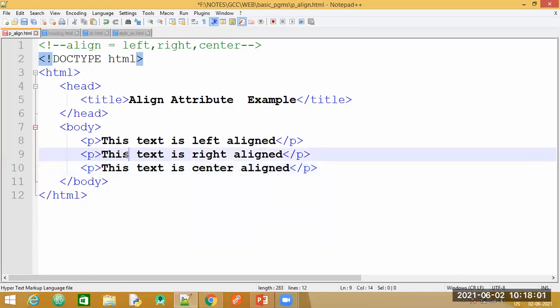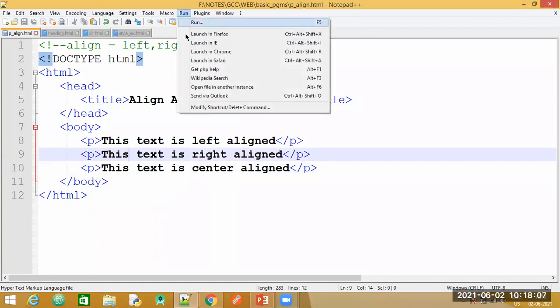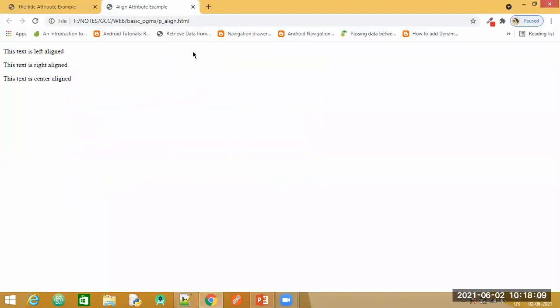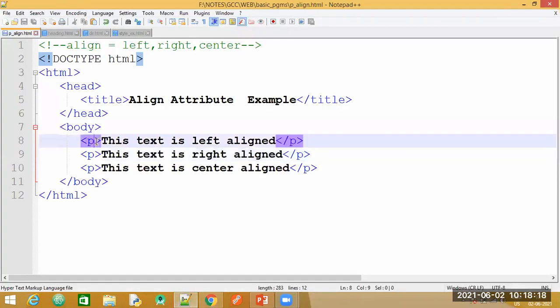Now we will first have a look at the output, how the output is going to be for this particular just a P tag with a sentence inside it. So this is how the text is going to look. Now what we will do is we will add a property inside this P tag. So now you observe where I'm writing the property or the attribute. I'm specifying it inside my P tag before this closing right angular bracket.